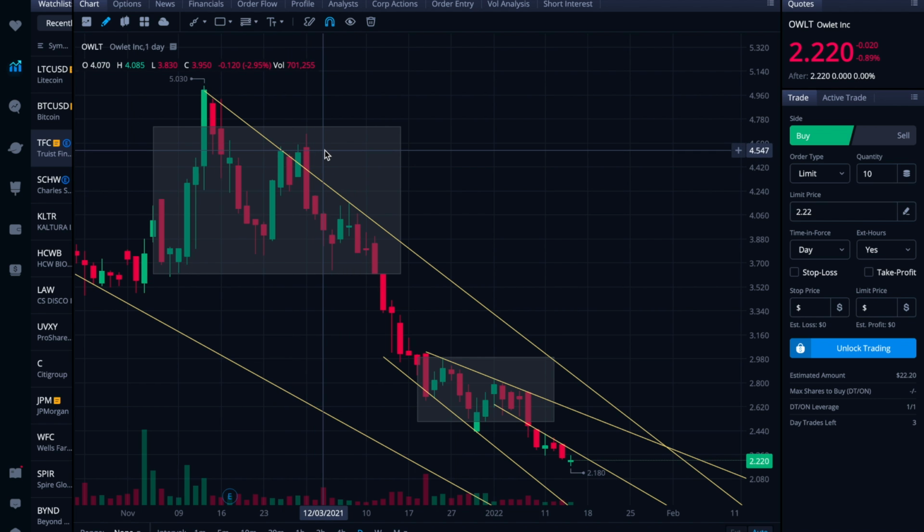Because oftentimes these can try to break a resistance level and then either just fall back into it, which is what you see here, or try to break it and then just end up losing value just outside of the previous resistance level, but following it down almost like downtrend support at that point, which is, to the bag holder or to the stockholder, just as infuriating of a situation as if you were just trapped under here holding it, right? You're only a few pennies away from where you would be anyway if you were just trapped underneath this, never having faked a certain number of people out by trying to break that downtrend resistance. So,